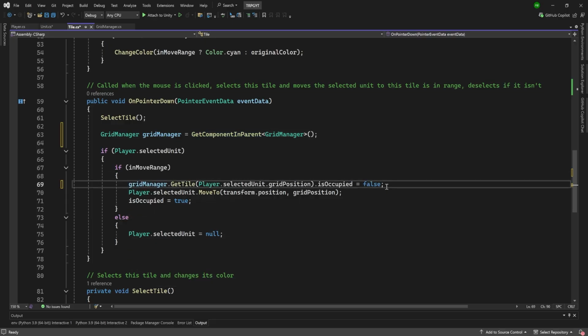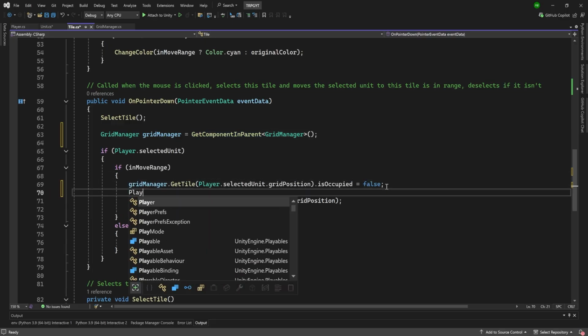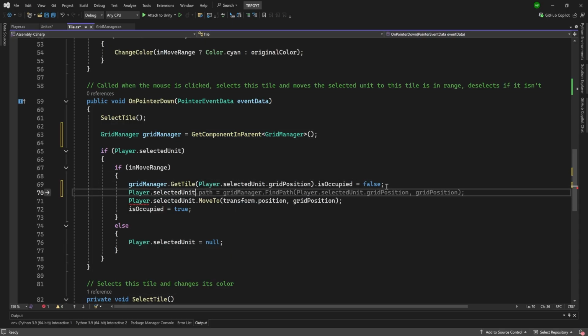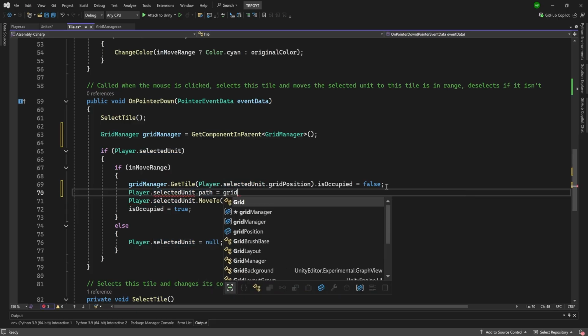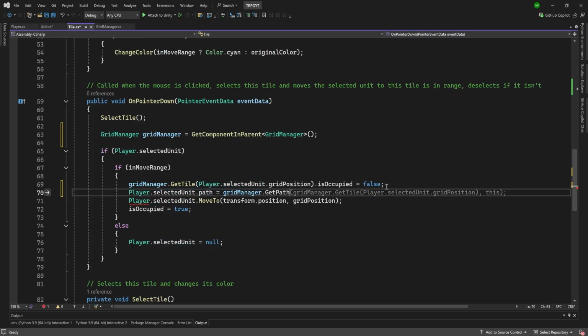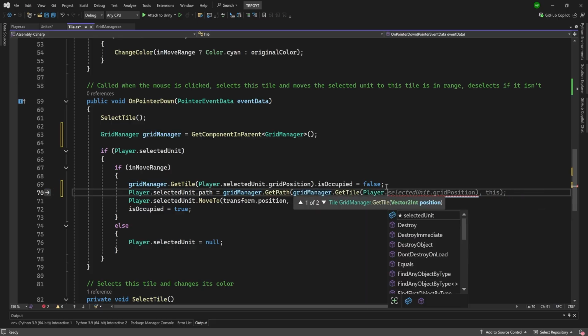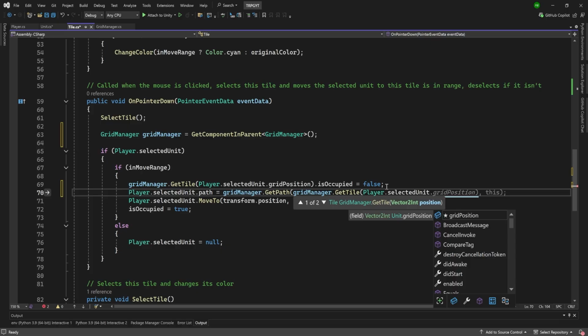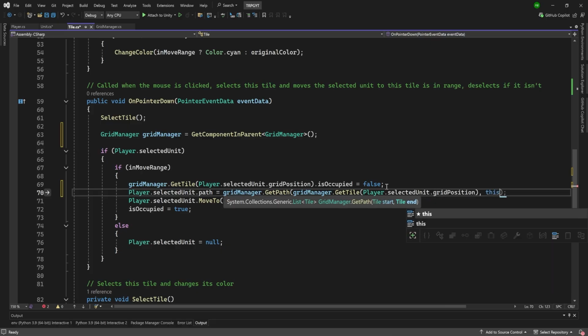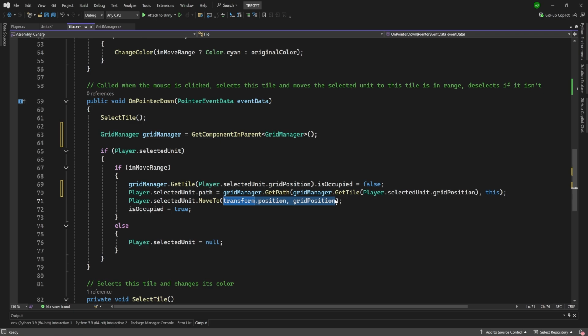And now underneath that line, we can do player.selectedUnit.path is equal to gridManager.GetPath. We're going to pass in gridManager.GetTile, and that will be our player.selectedUnit.gridPosition, and then this as the end tile. After that, we're going to change this MoveTo. So instead of having it just move to this tile's position, we are instead going to do